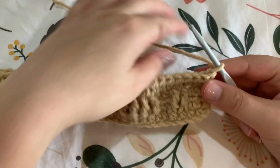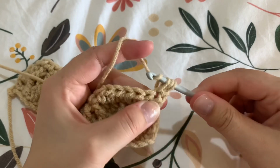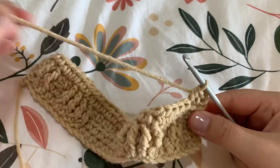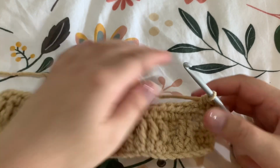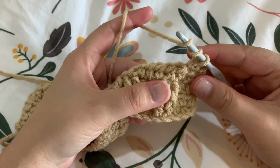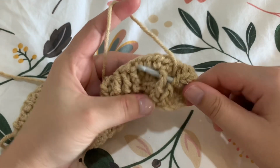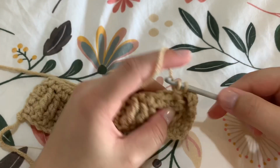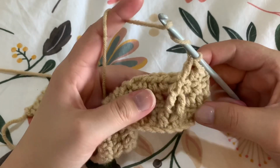So we're always going to start and end with 2 half double crochet when we work on the front. So do your 2 half double crochet, and now we're going to work front post triple crochet. So wrap around twice, and we're going to go behind the second triple crochet post that we made. So go behind there and bring your yarn through and make your triple crochet, and now we're going to go behind the first front post. So go behind,